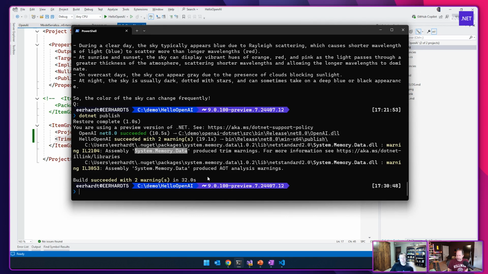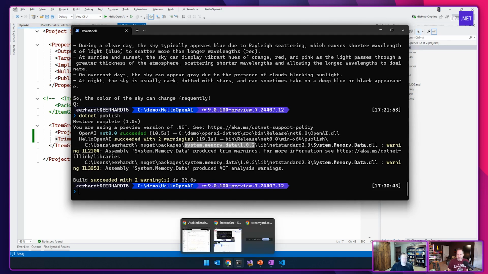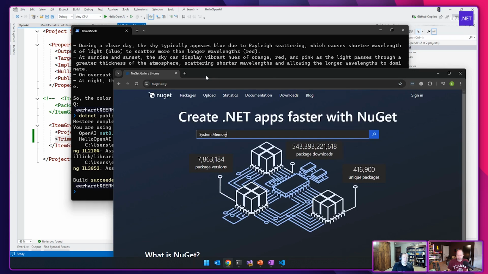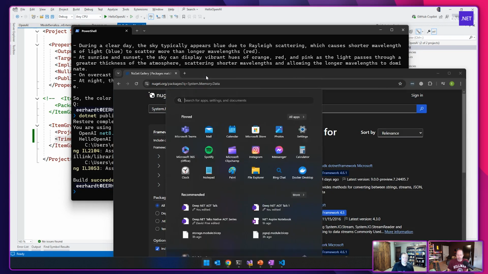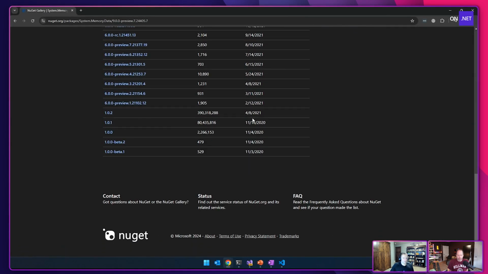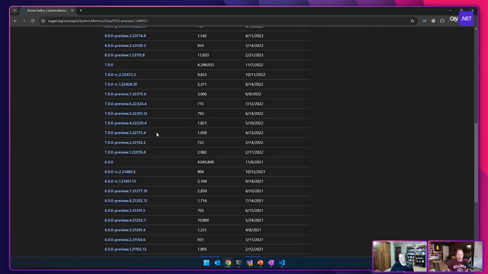Right, exactly. Like when I turned on the Roslyn analyzers I built, you saw that there were no warnings. Dig it. But when I did it this other way, by saying root this whole assembly and make the native AOT compiler do that analyzing, it came up with more warnings. And kind of a clue here is that this is System.Memory.Data 1.0.2. If you go to NuGet, one thing is most system build libraries have been annotated for trimming and for AOT. If you look, 1.0.2 was built in 2021, right? What are we doing back there?